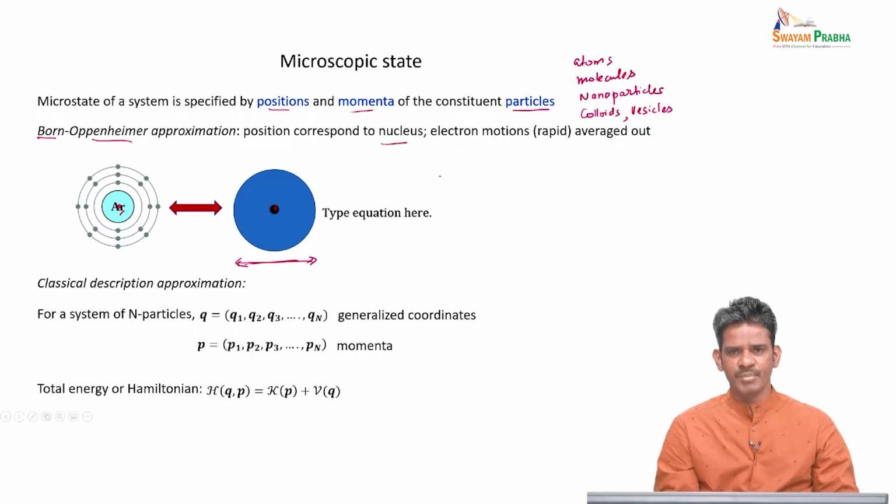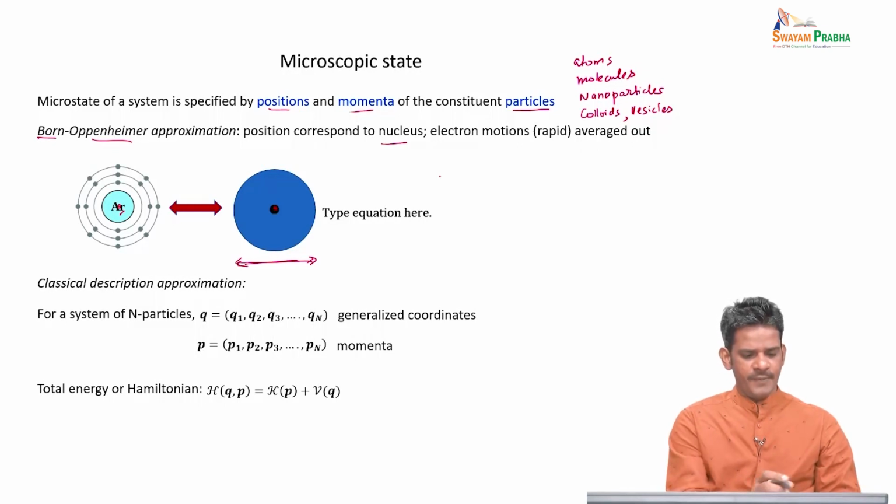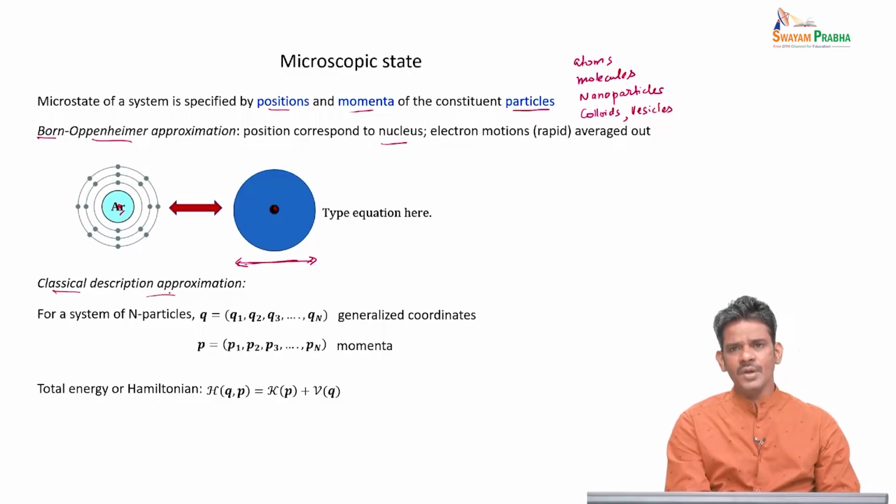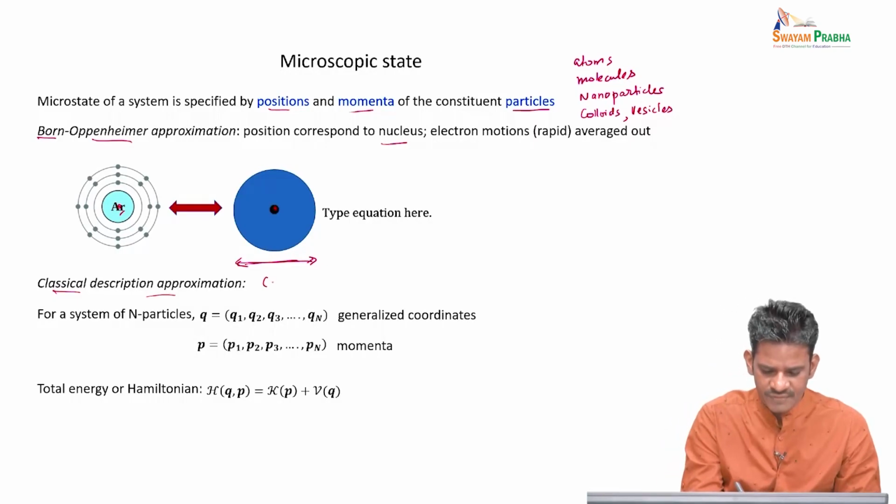and all the electronic motions, which are very rapid compared to the nuclear motions, we basically average them out and represent them in a spherical model. And we also want to use a classical description of the system. What that means is, when we do this classical MD, we don't want to take into account any quantum effects